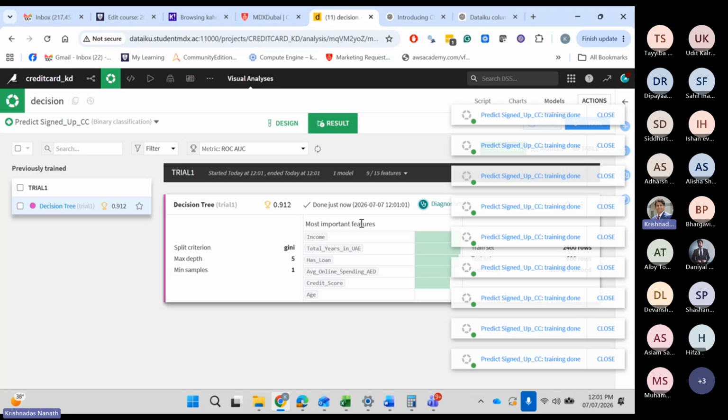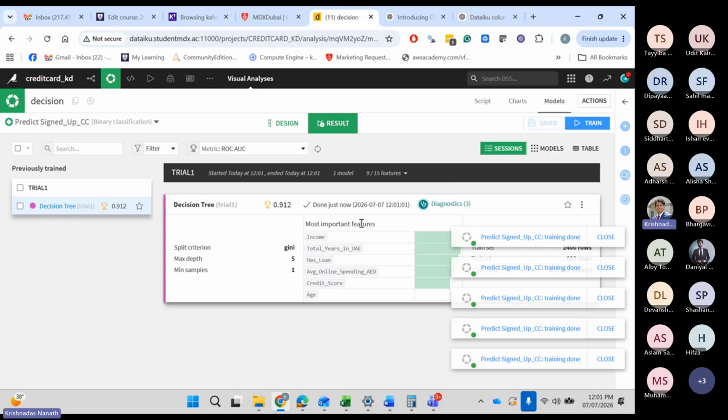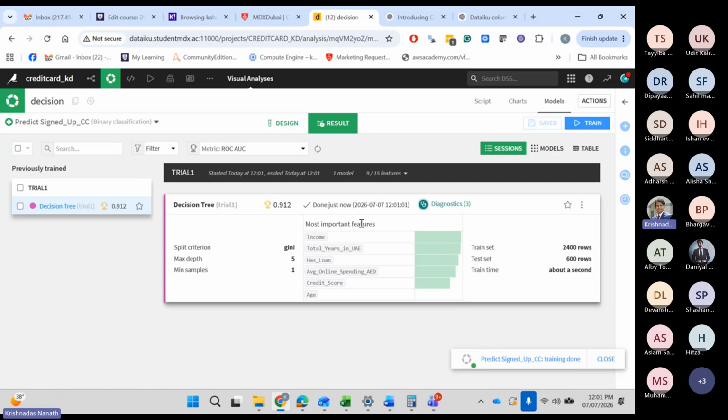That's fine. I'll tell you later what the options are. Everything is clear. Even in logistic regression, did you see the coefficients on the front screen? No. So we click inside the algorithm, we see the detailed results. Right now, these are front results. Just like logistic regression, these are the results that come in the front.